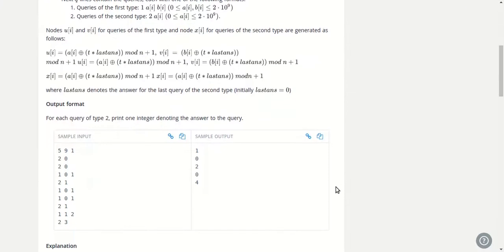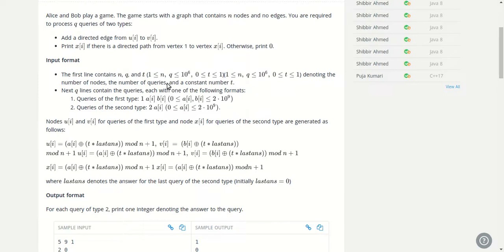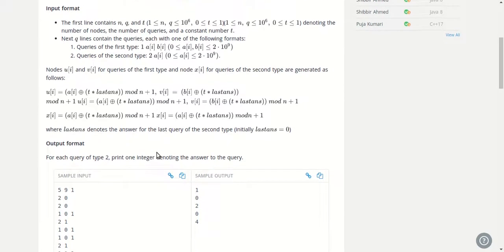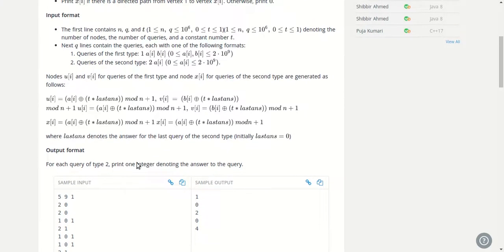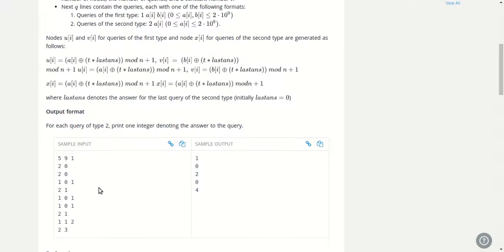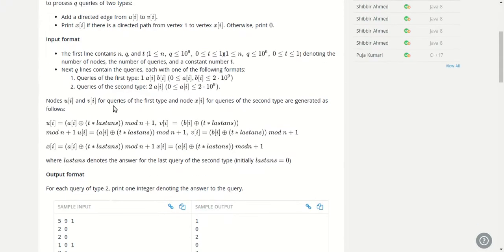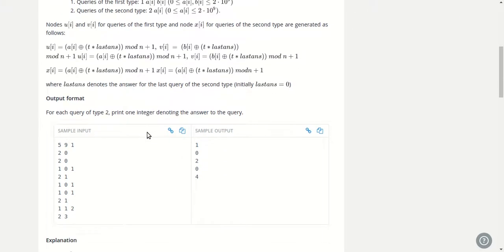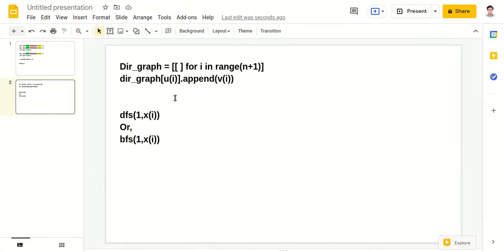And the complexity, for each query, for type 2 query, it will take big O of n time. And for type 1 query, it will simply take big O of 1 time.